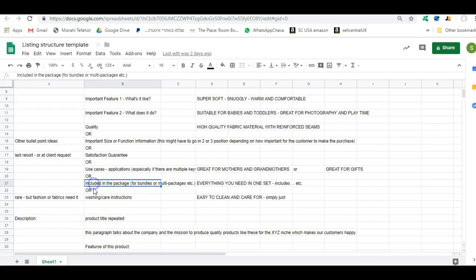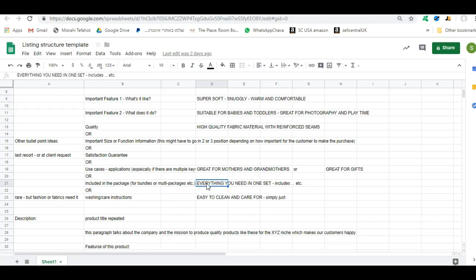Then another idea, what's included. So this is especially important if there is a multi-pack or different elements to the product, especially when it's differentiating you from the competition. You want to mention in your bullet points that this package includes, and there's different language. What I like to do is refer to the benefit, the result of the fact that it does include